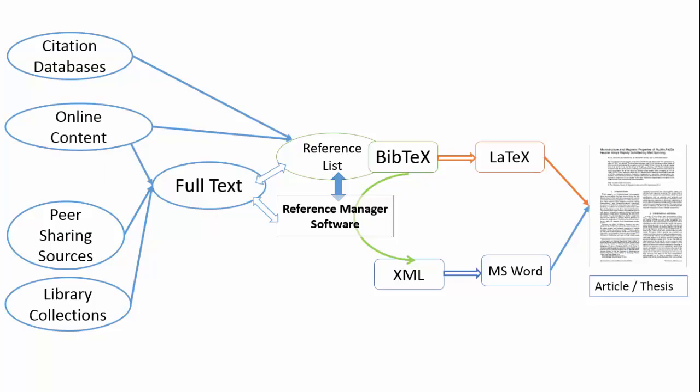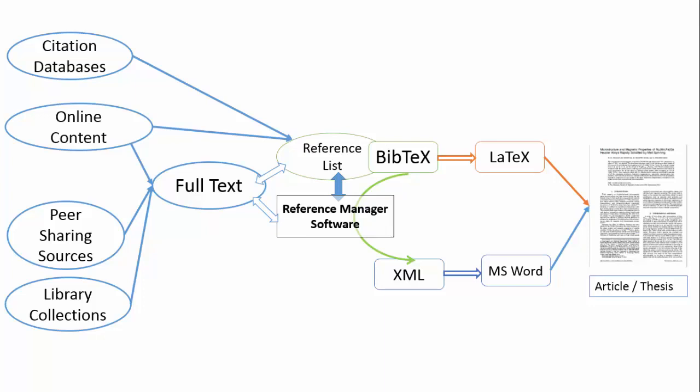So this is the outline of how we went about this module. We have looked at citation databases such as Web of Science and Scopus, from where we will be getting the list of references. We also have seen several links where we can find the full text online, such as Science Direct and Springer Link. We also have given links where peer sharing of journal articles is available, such as in ResearchGate and academia.edu, and most of the universities also have libraries where hard copy collections are available for full text